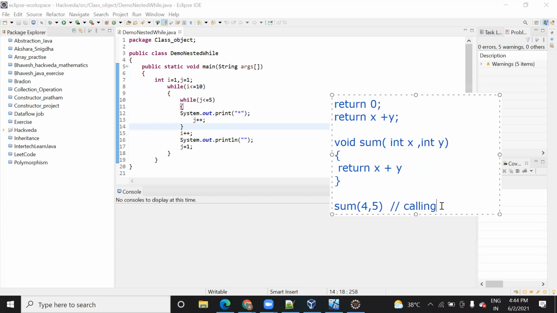Yeah, that's why I'm telling you. Let's take another example. Suppose you pass 4 and 5, and it has printed the 4 and 5, it has returned the value, but the current flow of the program is present at what point?